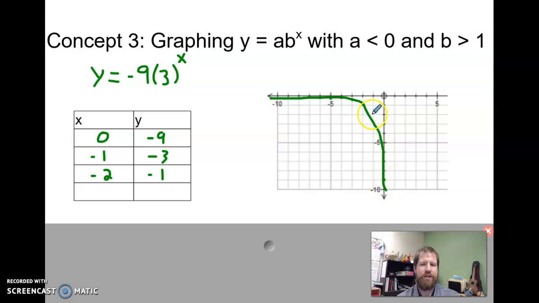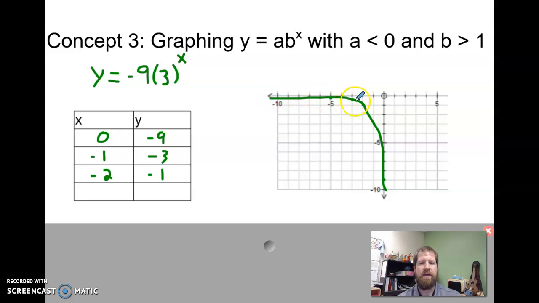The common ratio is still true for all of these points, right? We had 1/9, 1/27. Even though it looks like these are all basically the same, every time I go back, I am decreasing that value by 1/3. Okay, I'm multiplying it by 1/3 basically. So just because we're getting to a point where it's hard to graph and it looks like a straight line,